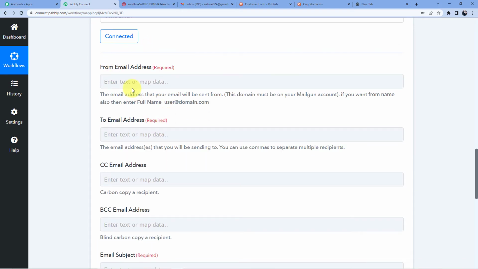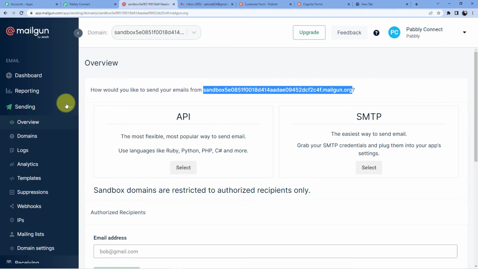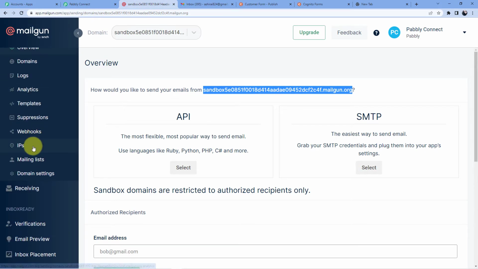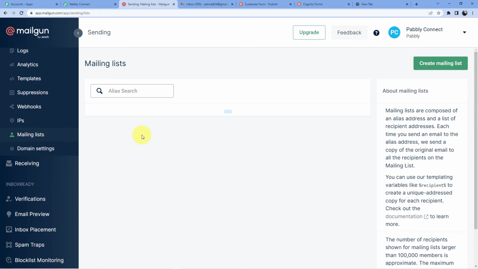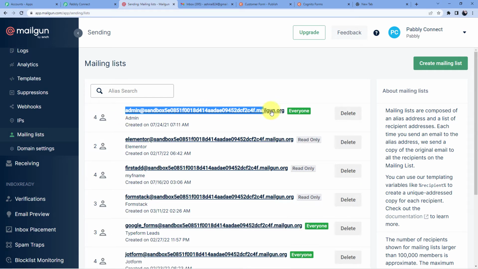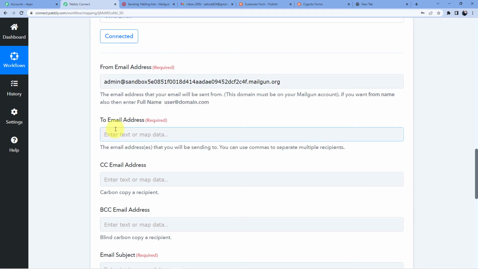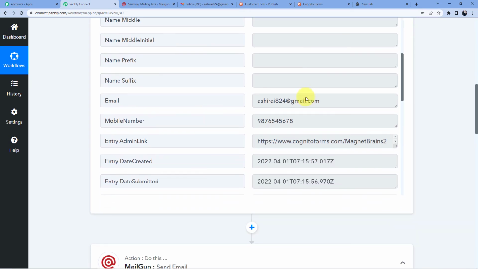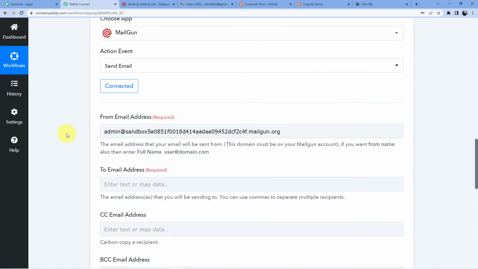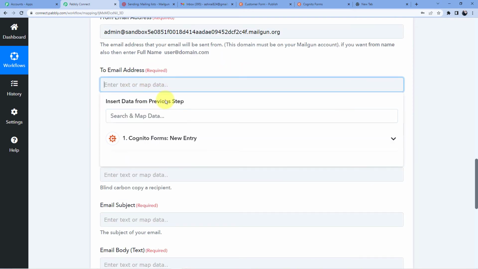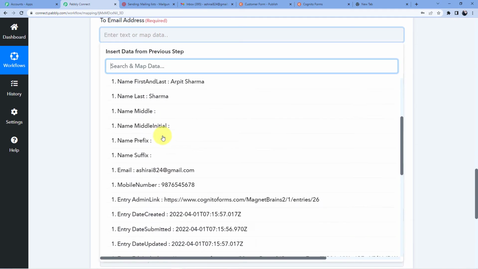Now you have to put the email address from which you are going to send. So you are going to go here, then go for mailing lists, and here you are going to copy this, because this would be your email address from which you will be sending the mails, and paste it here. Now the to email address. Here we are going to use a technique called mapping, and mapping will let me take the data from this window here and put the data in this window. So I'll just go here and take the mail